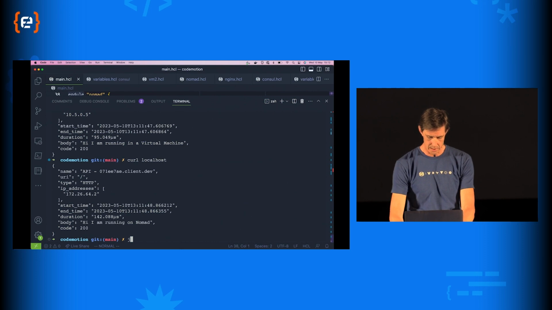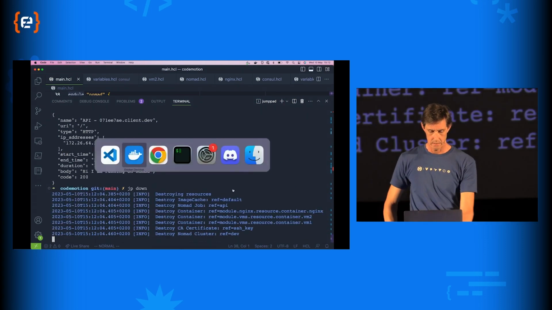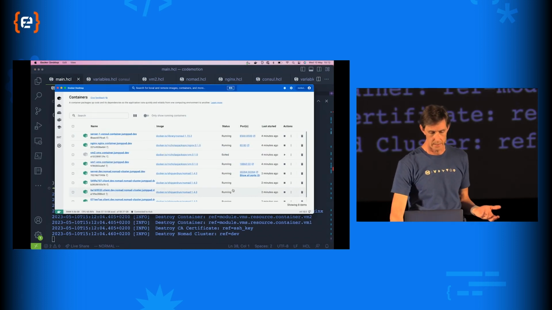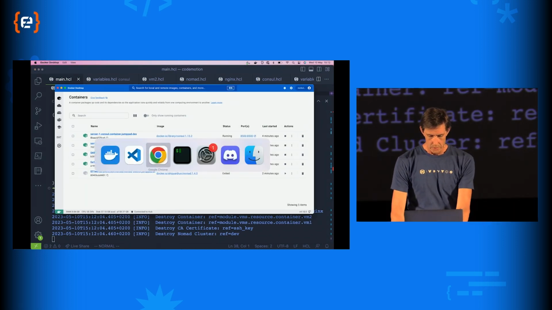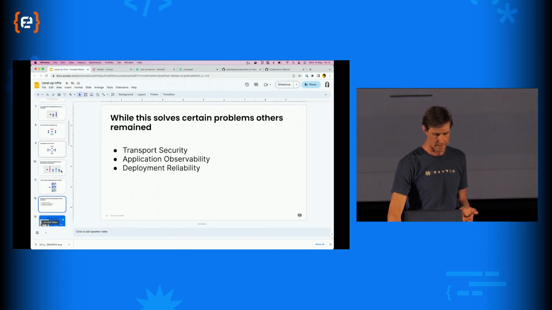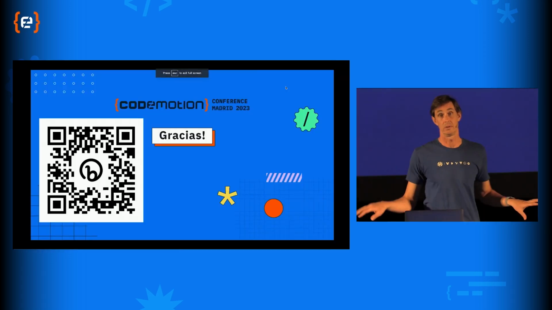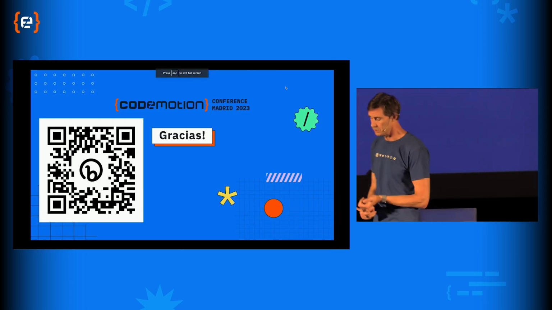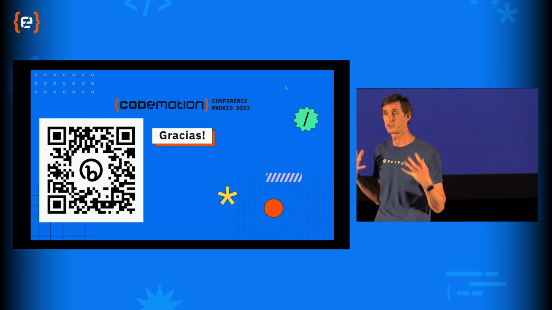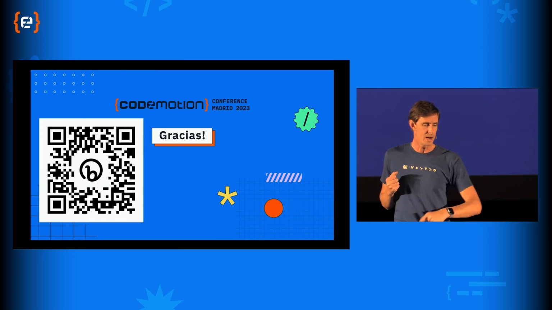And if I do JP down, then it's all going to get deleted again, just as quick. So for fast iteration, for rapid prototyping, my personal opinion is this is absolutely the way to go. It allowed me to learn infrastructure, allows me to experiment with systems, allows me to model behavior in my application.